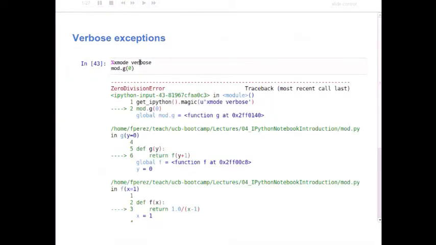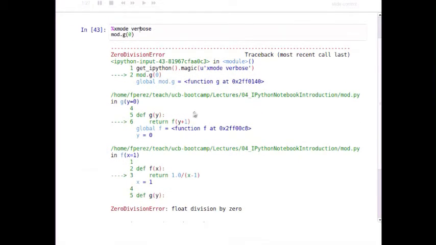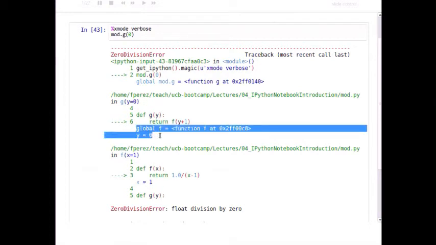Verbose exceptions, if you look here, actually show you the values of all the variables that were called at that point. This is not the default mode because it can be expensive to compute all that extra information, so we didn't want to make it the default, but it can be very handy. If you have a weird error and you don't understand why it's happening, you can just say exception verbose and run your code that way, and then you'll get a lot more data about what's happening at each frame